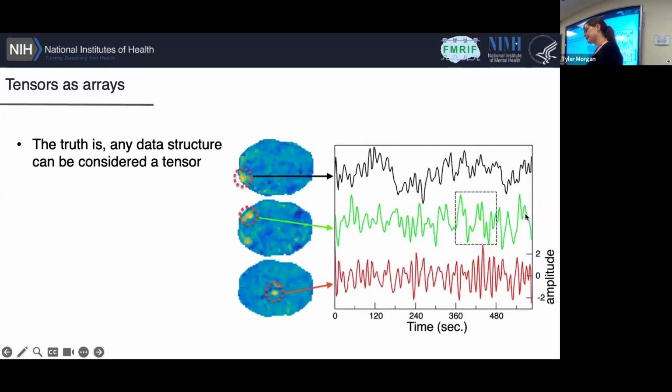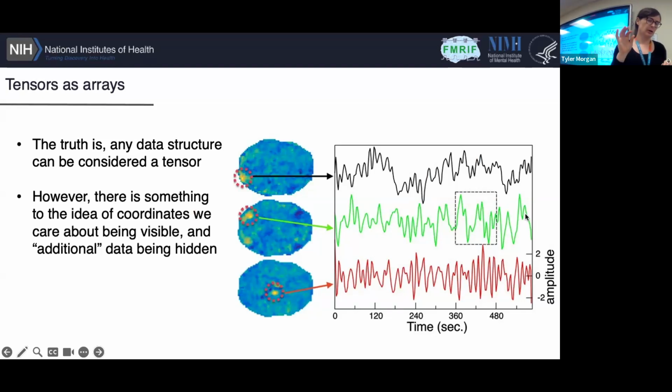However, I think there's maybe a little bit more useful way to think about it specific to neuroimaging, which is that any data structure can be considered a tensor, but there's something really, really useful to our particular work in this room, to thinking about the idea of coordinates being visible where we care about them, and less visible when we don't care about them at the moment. And what I mean by this is that when you open up your Nifty viewer, when you open up APNI, etc.,